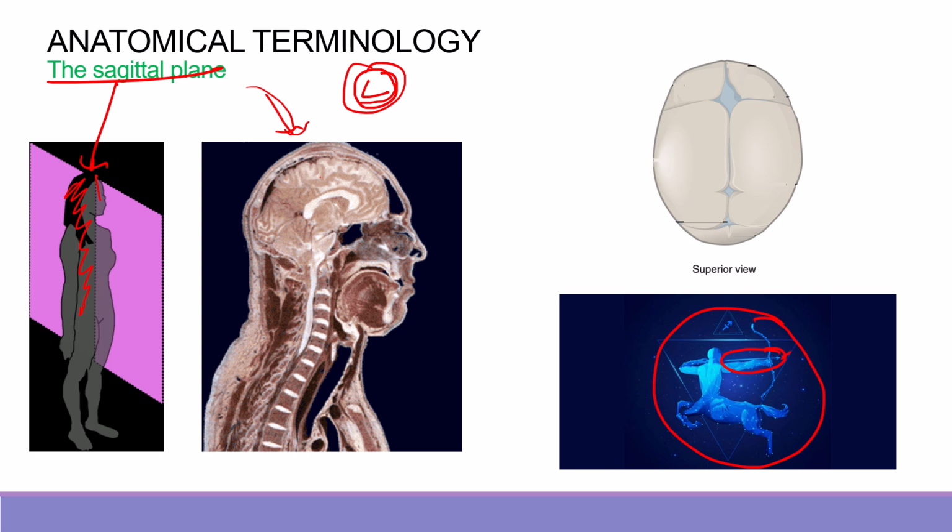So in the human body, when you look at the skull of a baby in the superior view, the bones are not completely fused in a baby, in a newborn. And these areas that in practice the pediatrician will palpate are called fontanelles. These are areas where the bones have not fused. If you look at that skull from the superior view, looking from the top, you see that these fontanelles and these areas form like an arrow